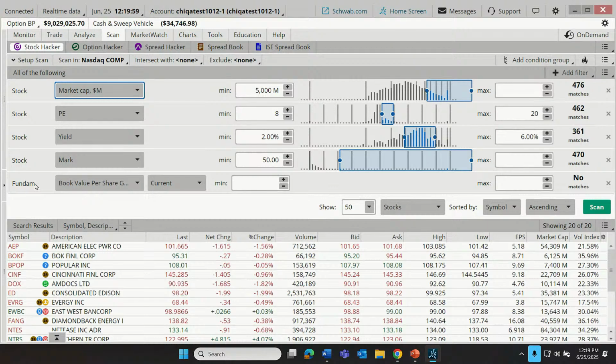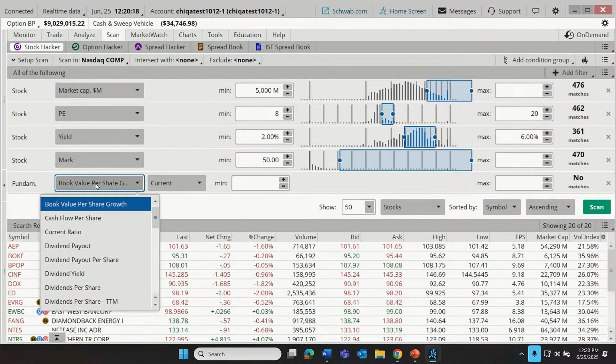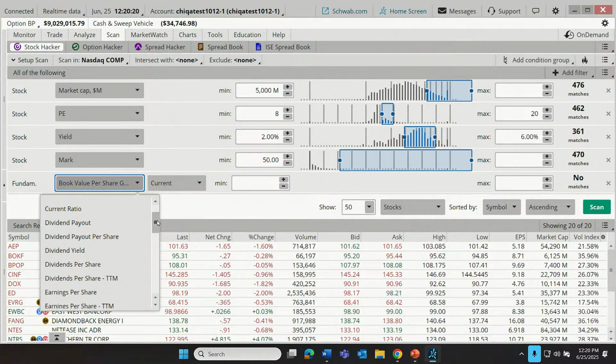Well, if I choose fundamentals, the word fundamental is what a trader or an investor would say when they're talking about the company, not the stock, but the company. Hey, what's going on with the PE ratio, with the PEG ratio, with all sorts of other value and growth metrics that can be found under fundamentals. So I'm going to click on this, and you'll notice I have a whole new set to choose from.